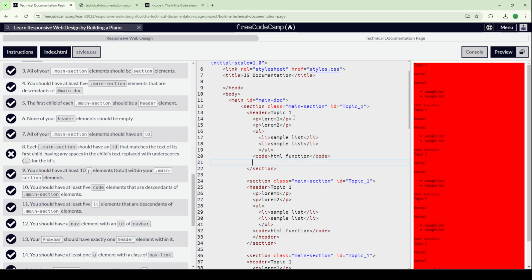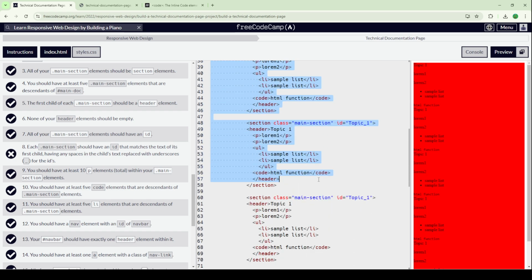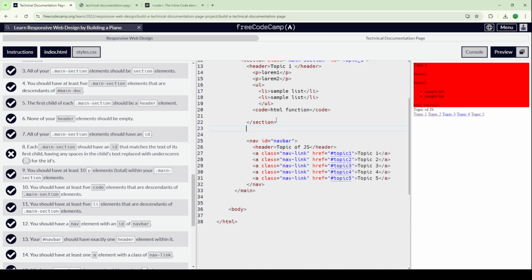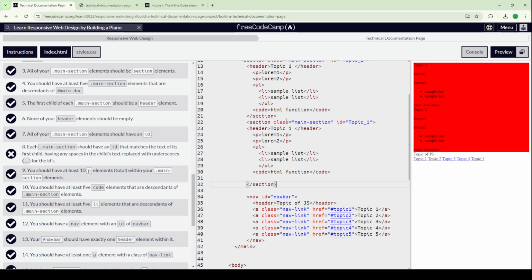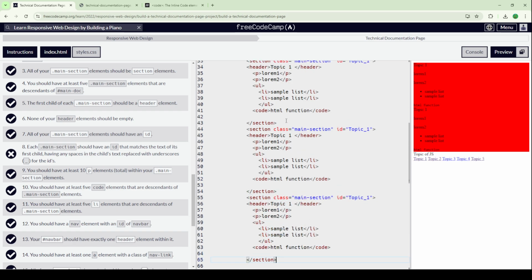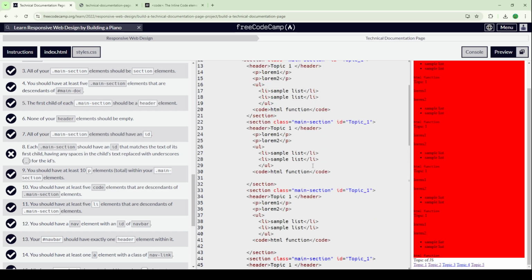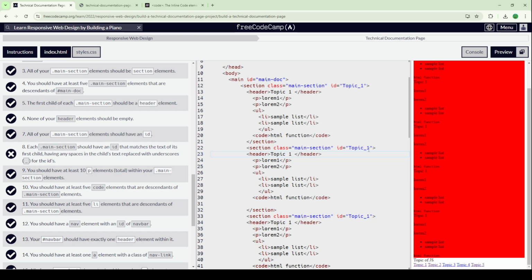Oh, the header should be here, I think. Okay, one more. It's a bug in my code. Change this to topic